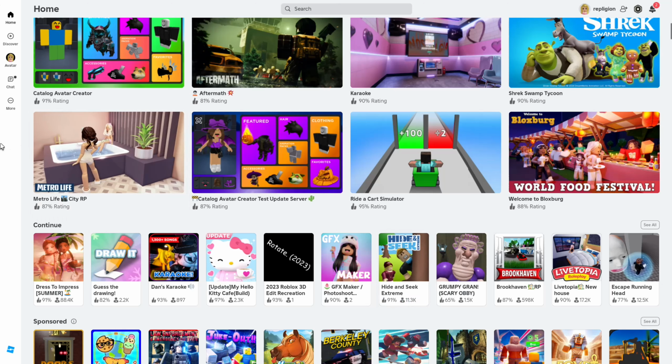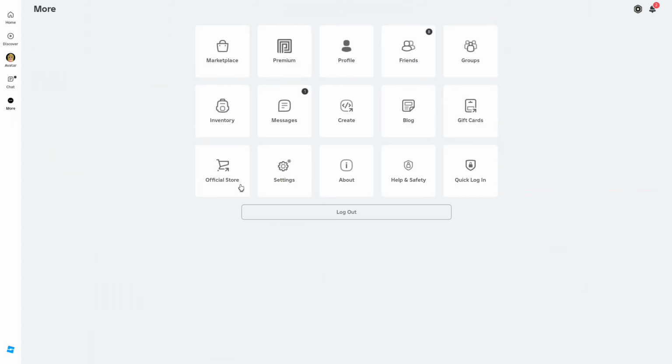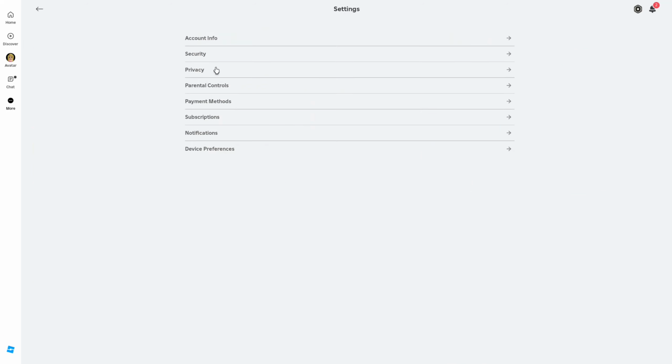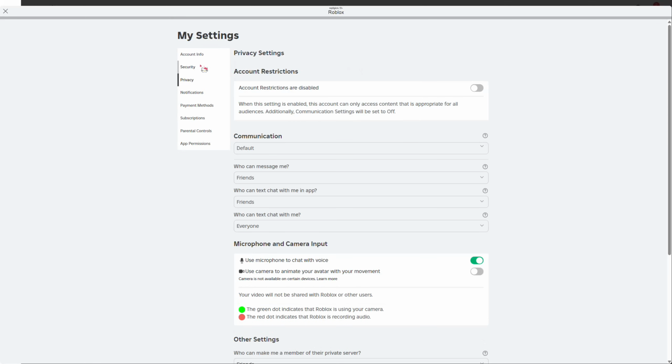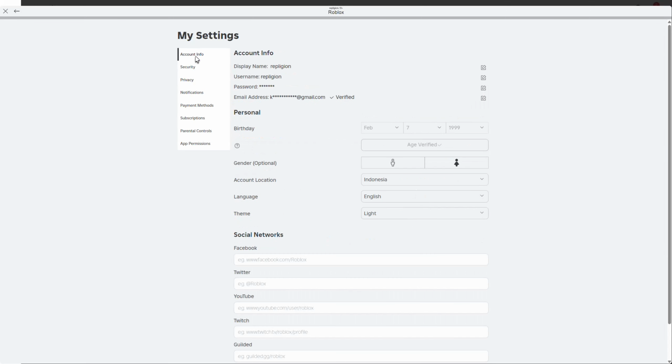In this video, I'll be showing you guys how you can activate voice chat on Roblox. Go to more and go to settings. Go to the privacy bit and make sure you go to account info and make sure you have verified your